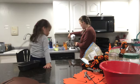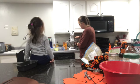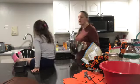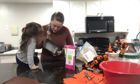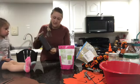This was so good, guys, this bread. It is so good, I will be making it as often as I have zucchini. Here's what the batter looks like. It's quite liquidy, but it turned out great. Also, I'll put on the screen all of the measurements and stuff of what I put in there, but here